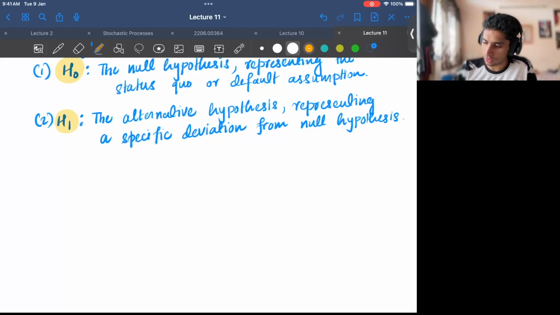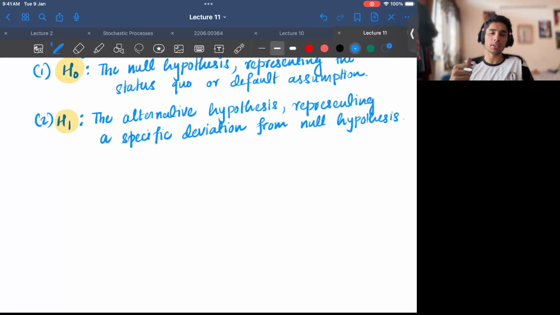Right? So again, if we go back to our drug example, you're trying a new drug. H0 was your null hypothesis, right? That the drug won't work. But there can be, so these are all hypotheses, right? It's an educated claim. Now one can also hypothesize that, well, this drug will work. Okay. So you are testing a drug. The null hypothesis or the default assumption is that this drug won't work. However, there is another alternate hypothesis that this drug will work. Okay. That is your H1 basically.